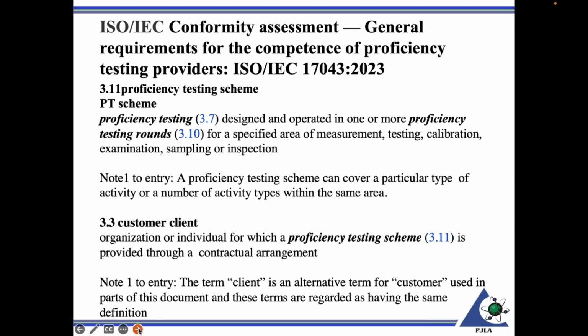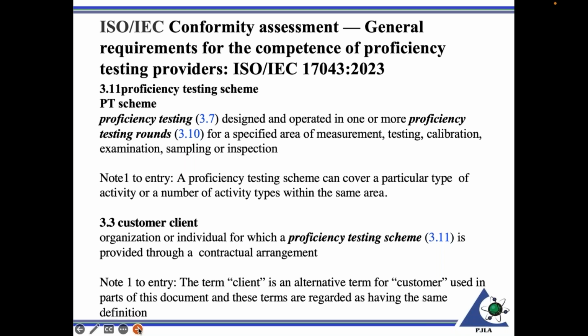When we talk about proficiency test providers, they offer what would be called schemes, and a PT scheme is proficiency testing designed and operated in one or more rounds for a specified area of measurement, testing, calibration, sampling, or inspection. So